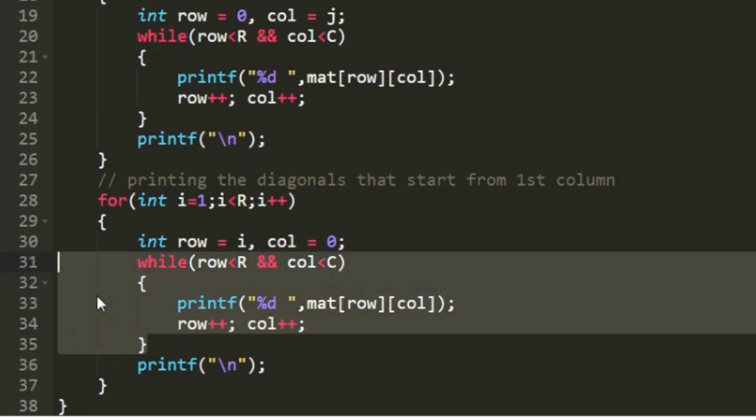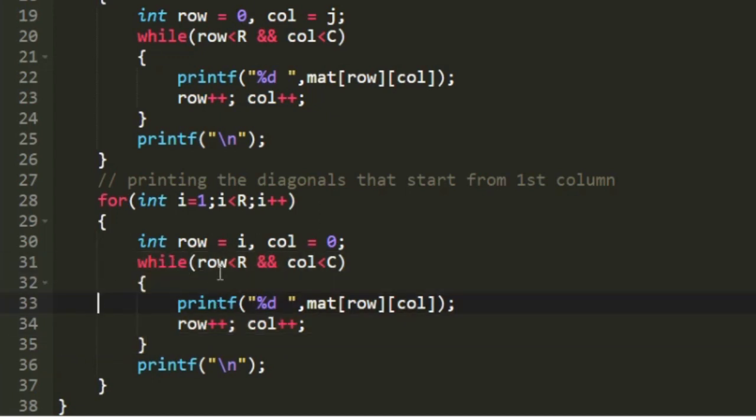I am creating a while loop, and this while loop iterates until row is less than r and column is less than c, and in every iteration we will print the integer that is present at the current value of row and column, and we will increment the value of row and column. So we will get the top left to bottom right diagonals that start from the first column. Now let us check our program with sample test cases.